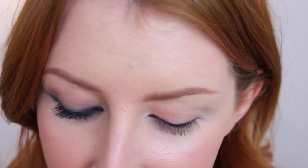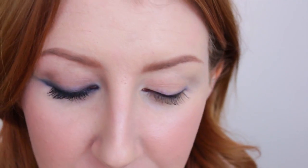All right, this next tip is another oldie but a goodie, and it is to use sticky tape. This is just normal sellotape. I've just stuck it to my pants and ripped it off again just to take away some of the stickiness. This is a really similar idea to the pencil. This is just a little bit more foolproof if you're a total beginner and you really like that sharp line, but you're just